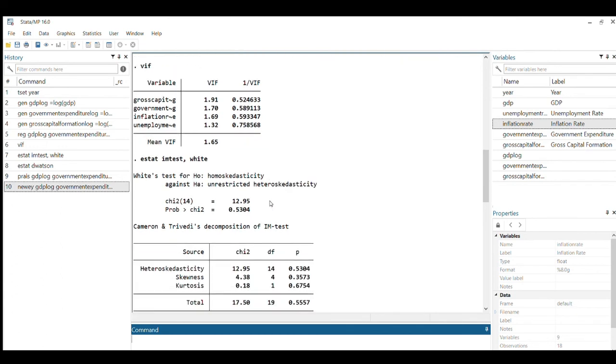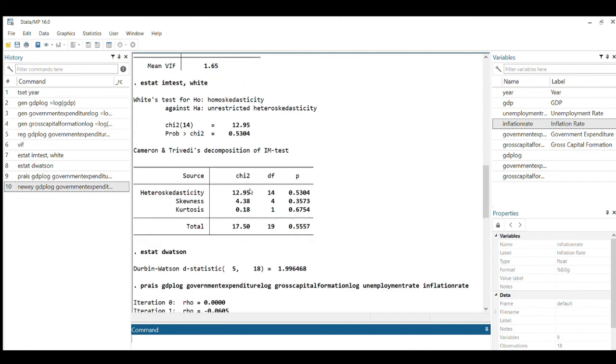Then we check the heteroscedasticity of the data. We test it by using White's test. In our data, the p-value is 0.5304. It is greater than 5%, which means our data is homoscedastic.